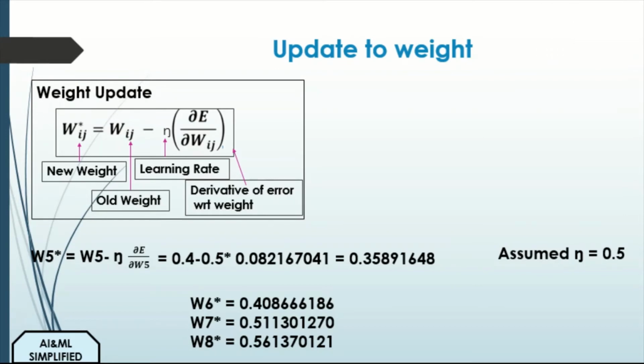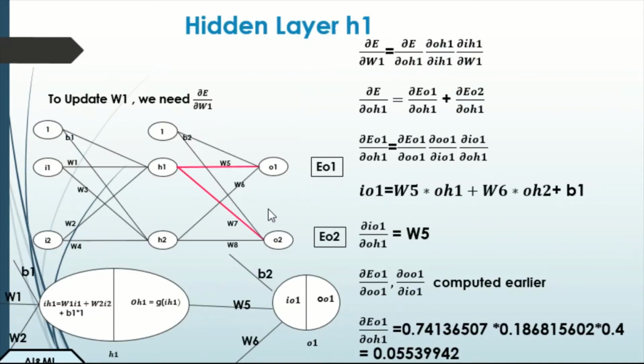So next step is to go a layer behind. So far we have been able to update and get the new weights for all of these. However, these new weights will not be used in this current iteration, they will be used in the future iterations. So the next step is to compute and update the weights in the next layer.